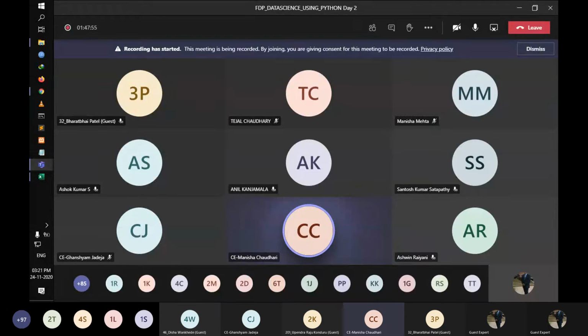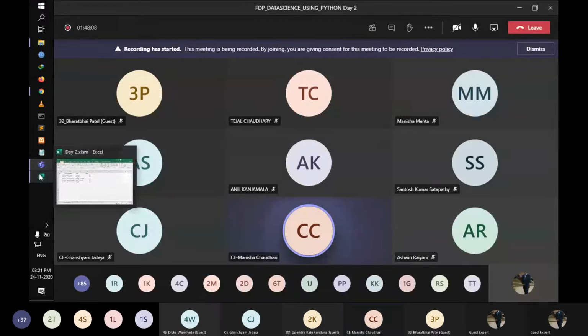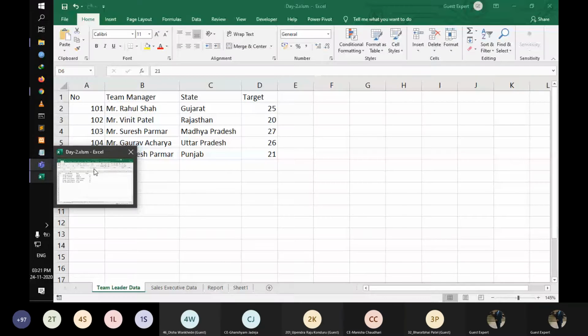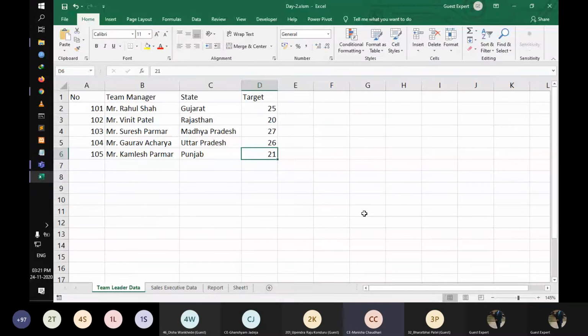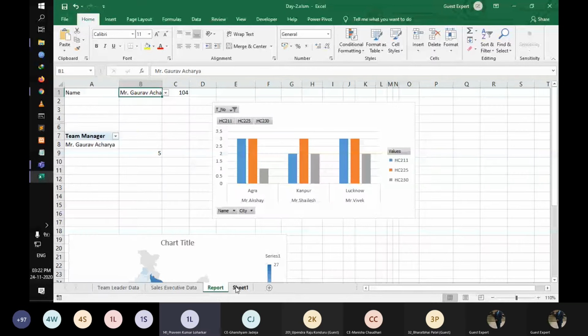One second. Participants can unmute themselves. Hello, participants. Everyone has this file, so we do this task. Yes, sir. Day 2, right? Yes, day two. In this file we just need the data. We are just creating this kind of report. Yes, sir. The file is available. Sure.